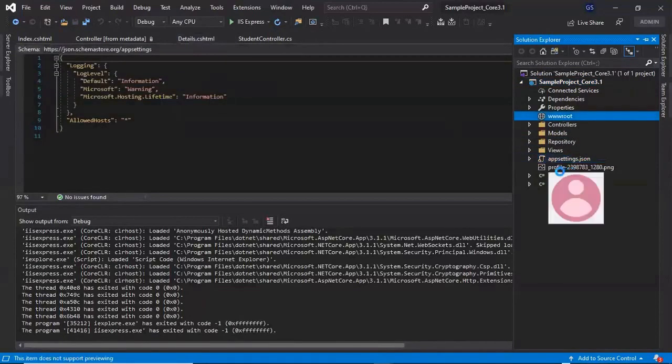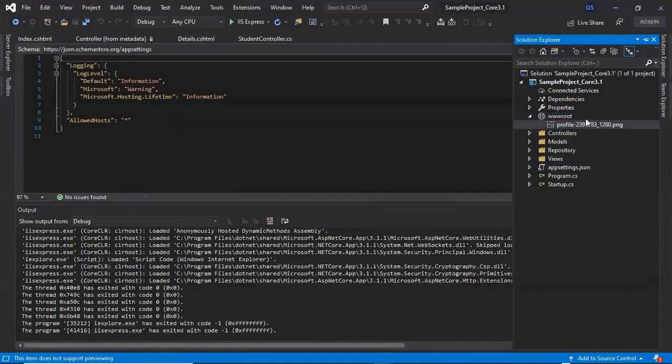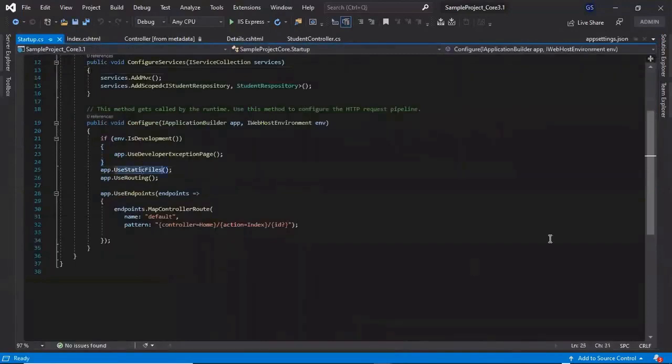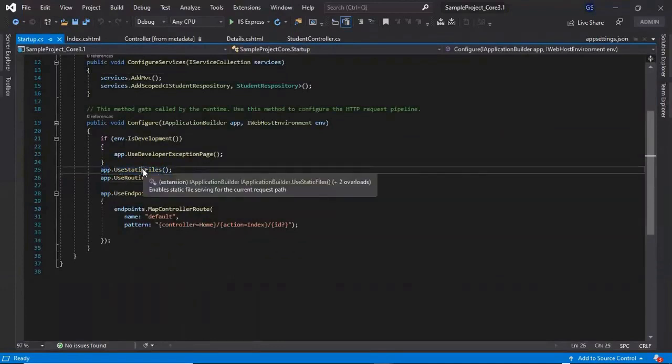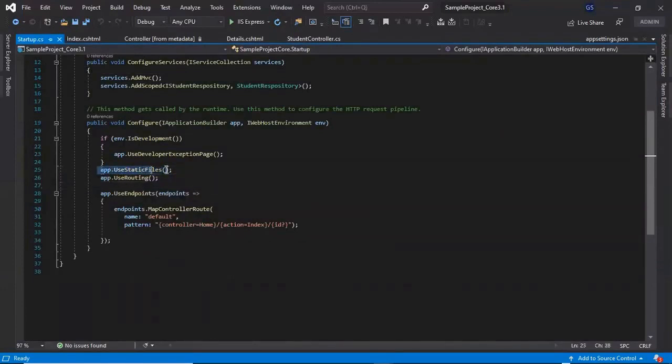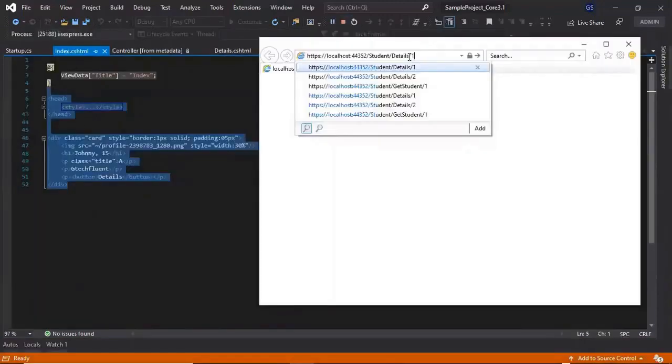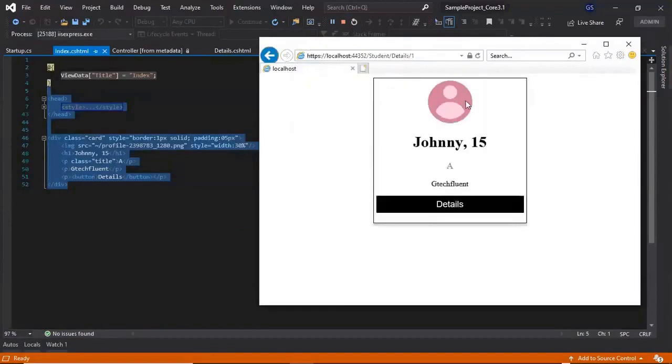Let's move this image inside the root folder. After this change, we need to configure the static file middleware in the Startup class. So here we need to configure app.UseStaticFiles middleware. If you have any query or doubt on static files, you can check our previous videos on how to serve static files, where we have covered each concept of static files in detail. Navigate to student/details/1. Look, we are getting the image also.